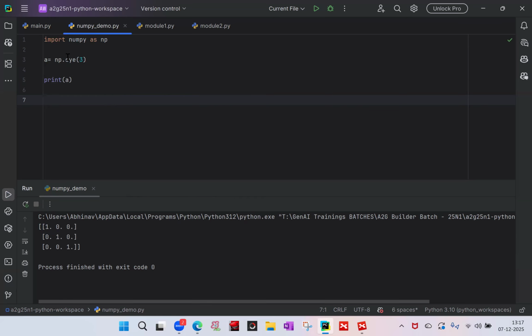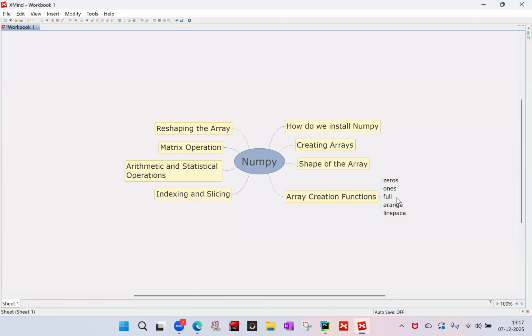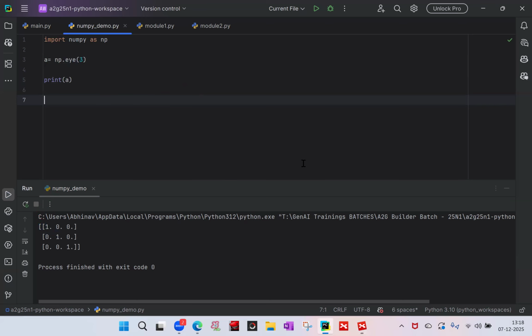Now we have, what is the next function? Zeros and full. Okay, the ones function I have missed here. That's fine. We'll see the full function now. What is full? So if I use np.full,